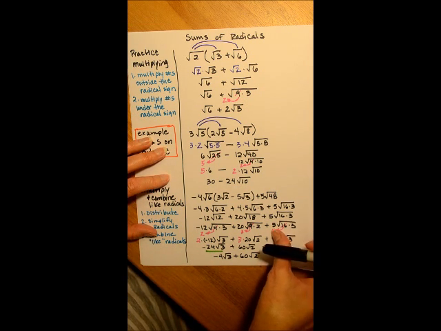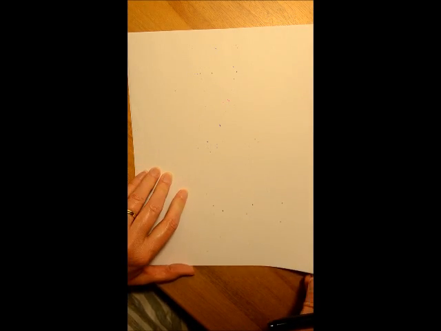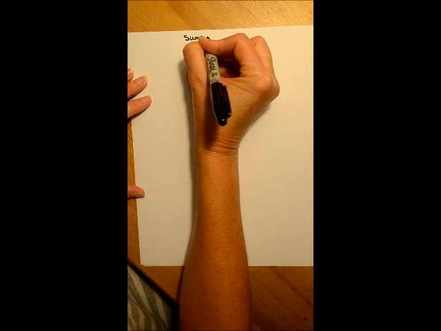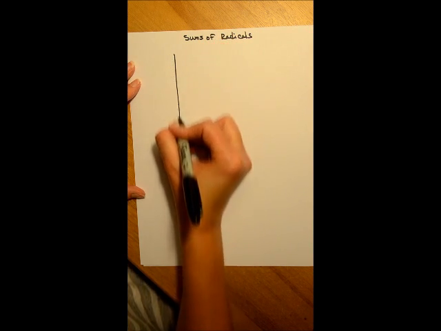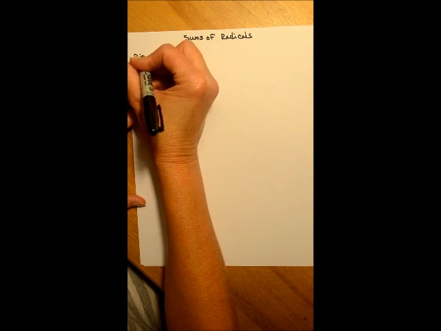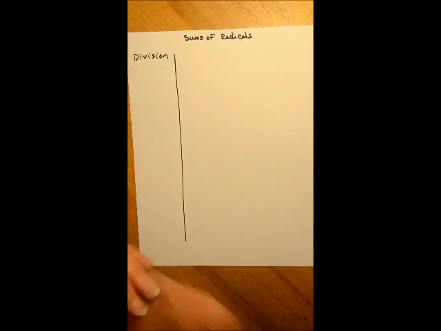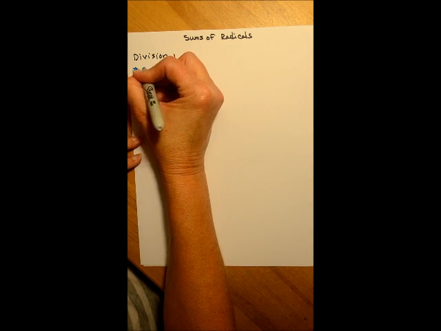Okay, we're almost finished. One last little quick piece. And that is division. So we did multiplication. I know we're talking sums of radicals, but sums and multiplication, division, they all seem to go together. So this one I want to look at division, and I'm just going to show you something that's really super slick and easy. The one thing though that you need to do when you're doing division is try to